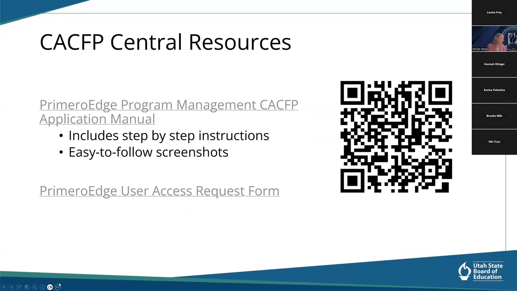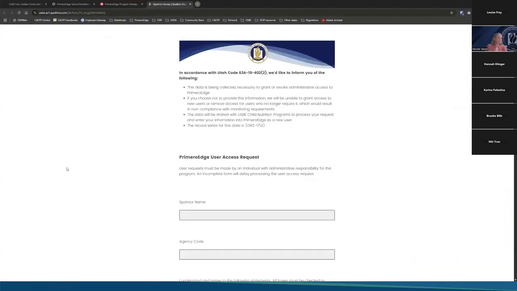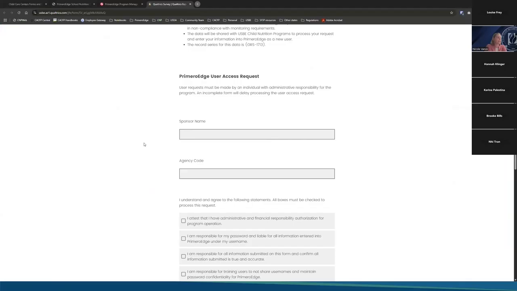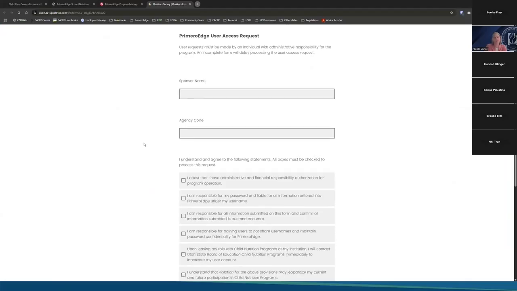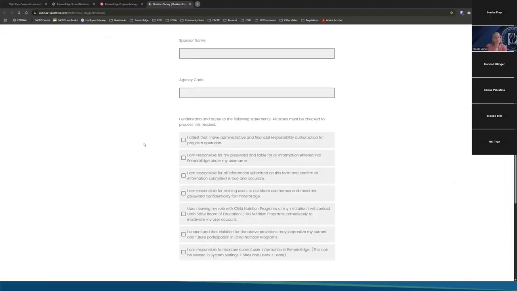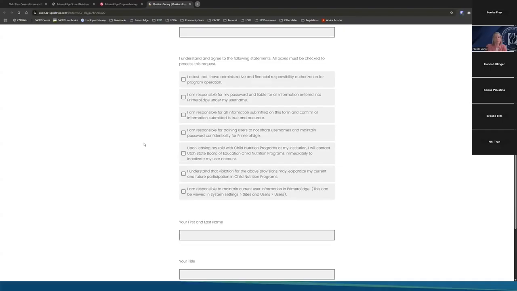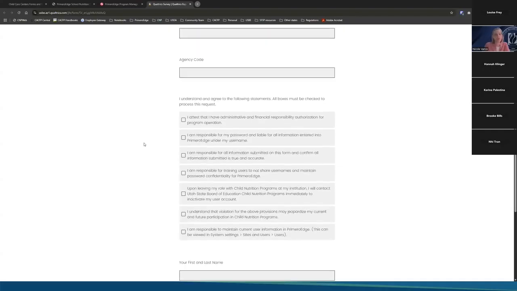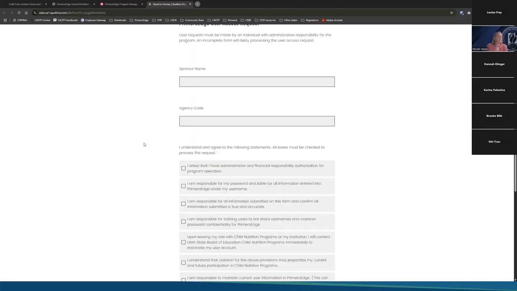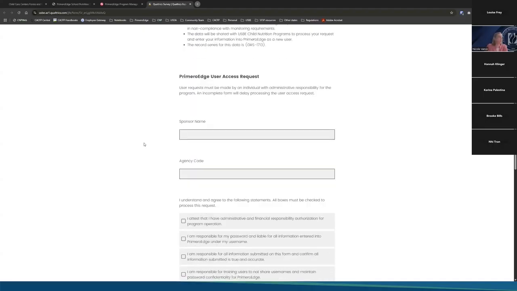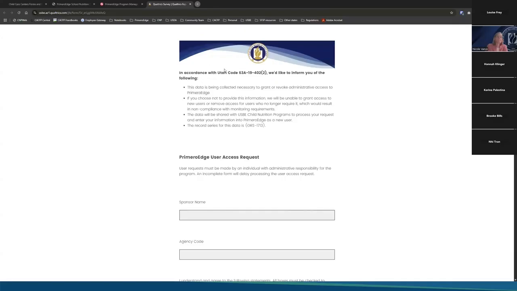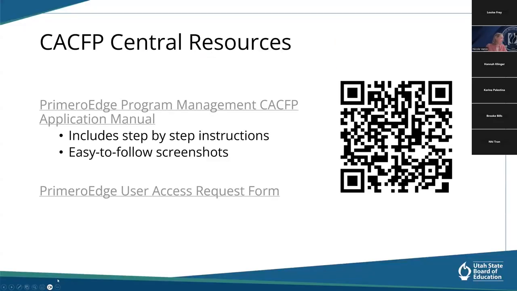It's just a Qualtrics form that has you fill out the particulars of you and your position within the sponsor, what program you are requesting access to, if it's school nutrition programs or the CACFP, and then the level of access that person requests. So if you know that you need to request access to PrimeroEdge,